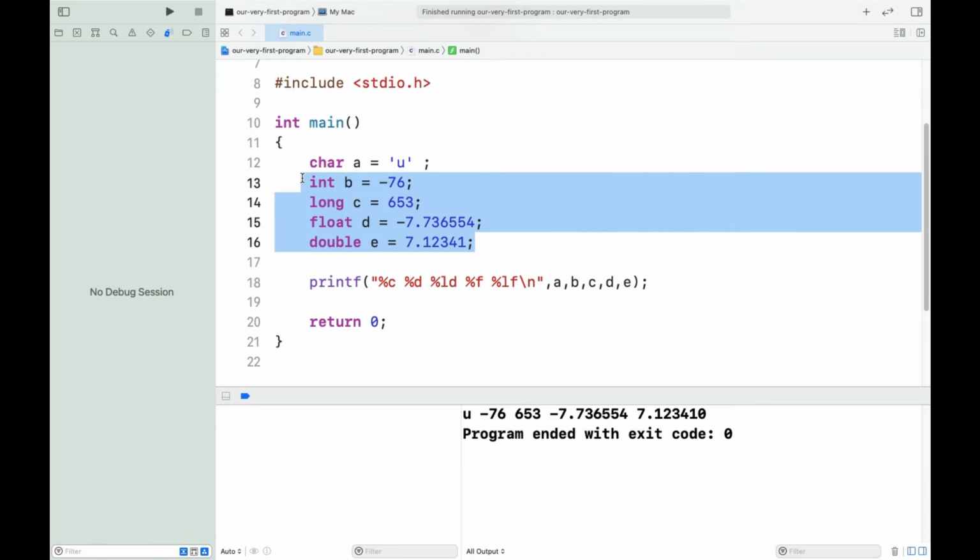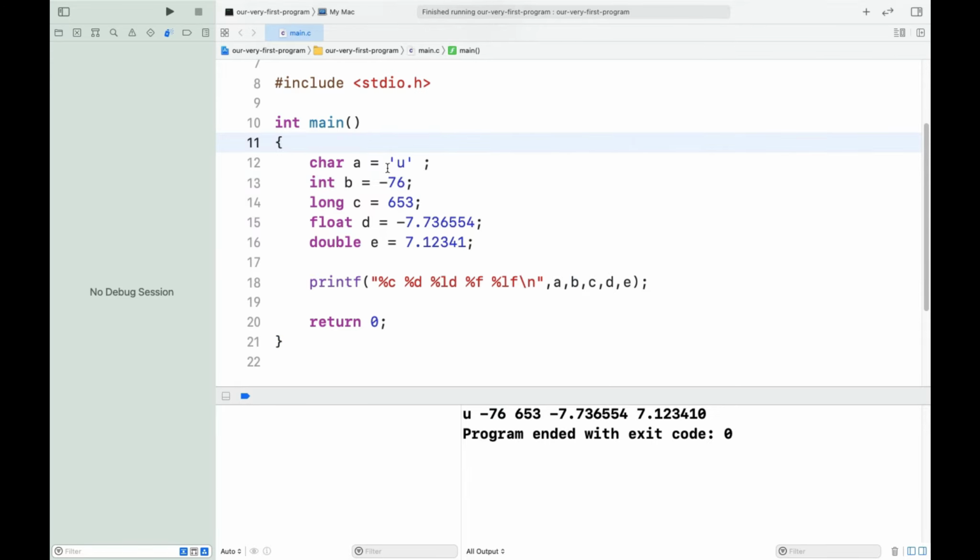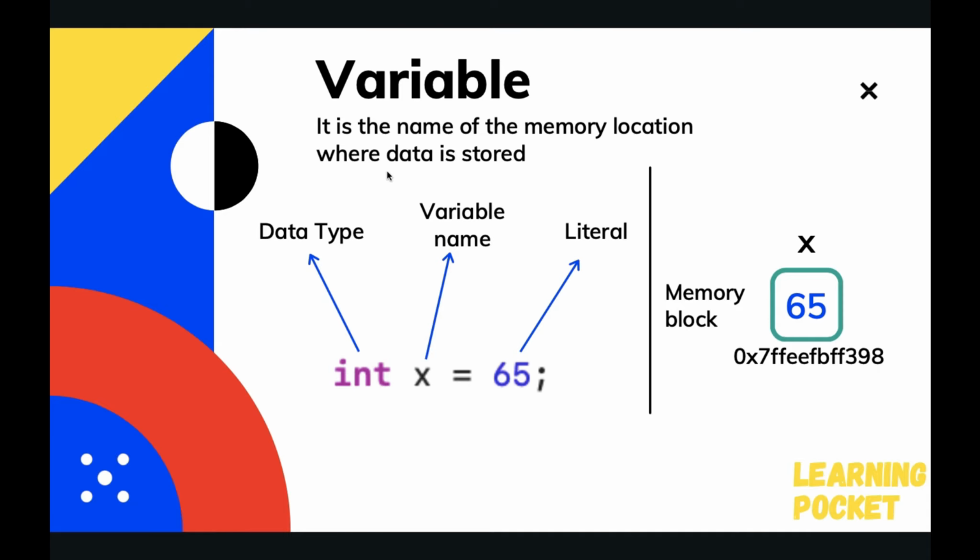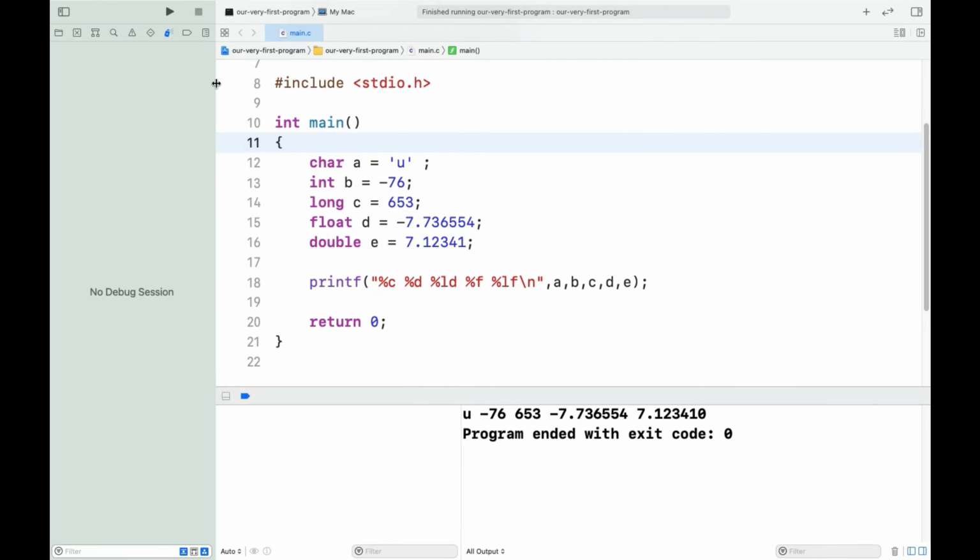First I declared all the types of variable: the character, integer, long, float and double. As you know, the syntax for writing is the name of the data type, the variable name, and then the associated literal. So similarly I have the name of the data type, then the name of the variable, and then I have assigned a value to it.